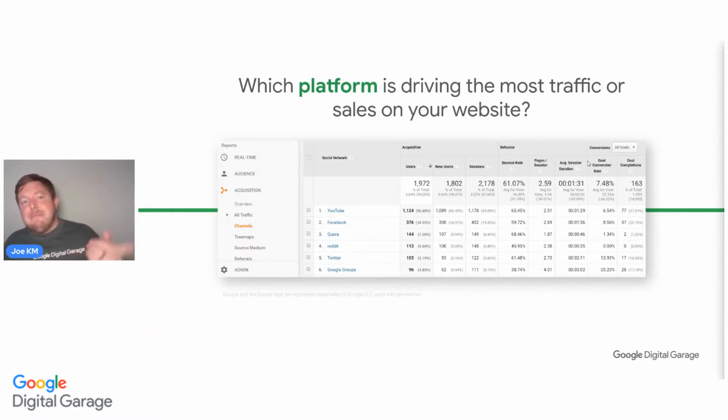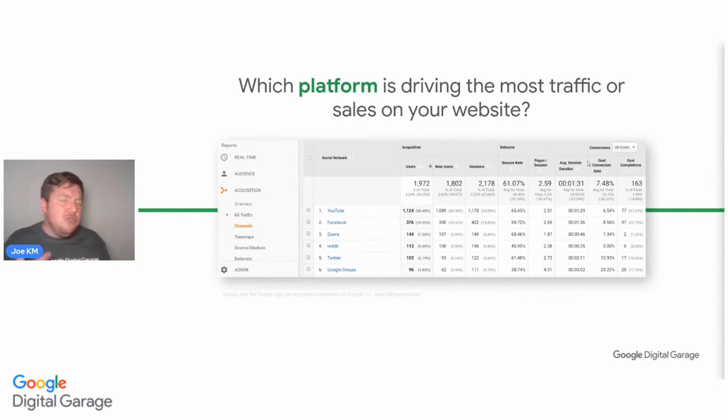Is it better to get more from YouTube? Do I need to do something different on Facebook? Do I need something different on Twitter to improve that? So don't just spend time equally on each one. Which one is driving the most traffic? Could you spend 6 hours on YouTube and triple the amount of people and get more profit?